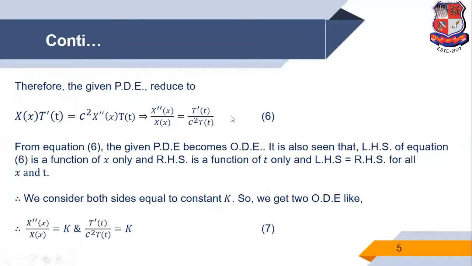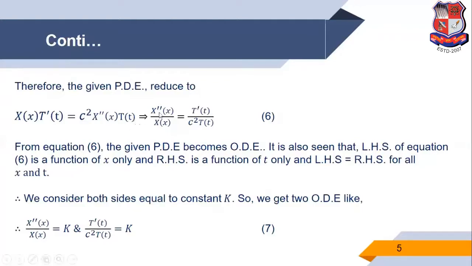So we convert this form into X double dash upon X and T dash upon c square T. From equation 6, the given PDE becomes an ODE whose left hand side and right hand side both are